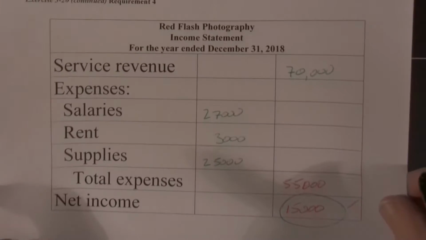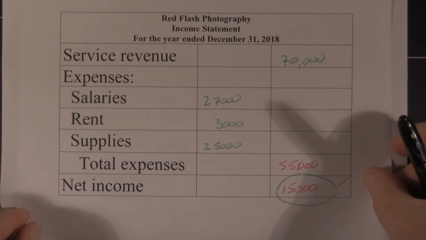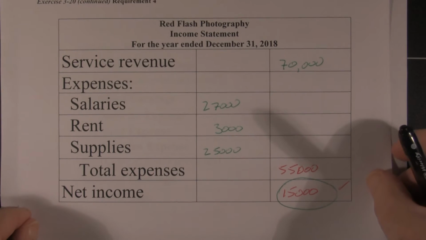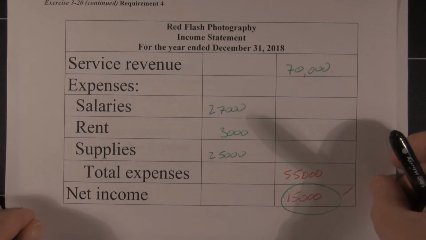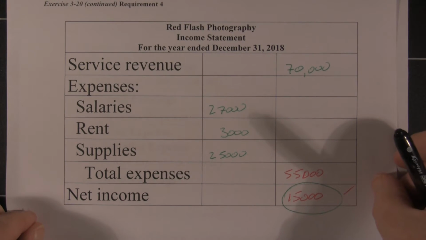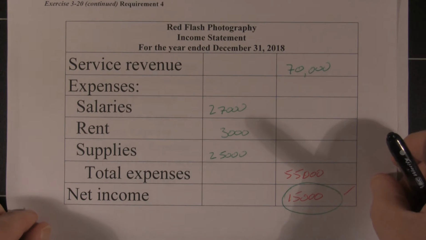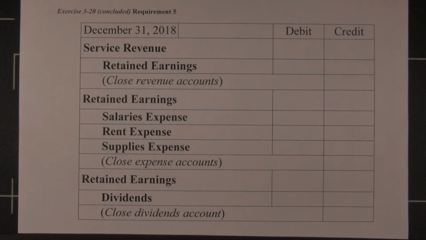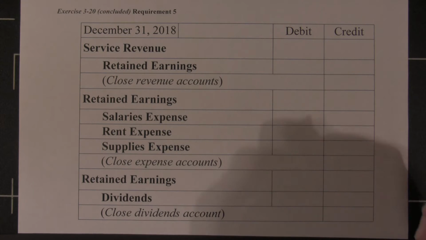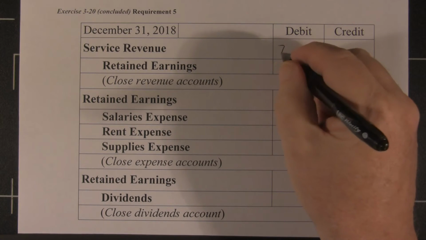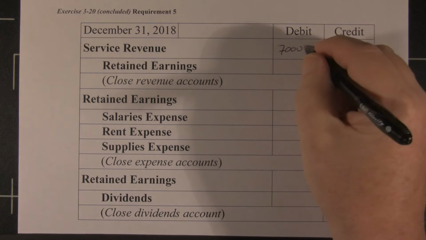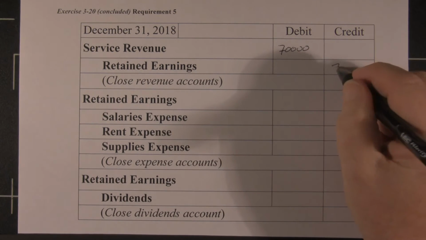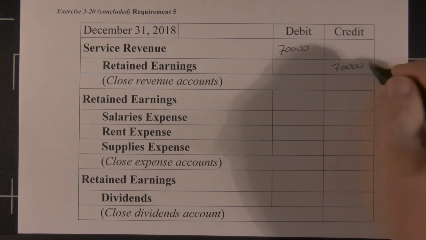When we prepared the financial statement, this is a formal document. This goes to our client, our bosses, the financial press, the investors, etc. But we have to close these accounts for accounting purposes. So our revenue has a $70,000 credit balance. We need to debit it to reduce it to zero and credit retained earnings